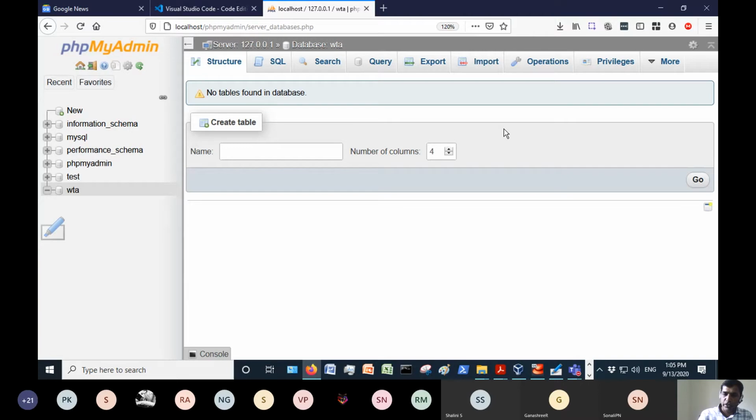This is needed for your web project, where you may use PHP as well as a MySQL database, to create a table, to create your database. For all your database activities, PHP MyAdmin will be useful. So I have created a database known as web. Is it right or wrong? Let me show you that a database by the name web is created.